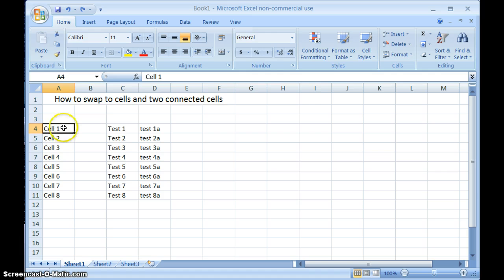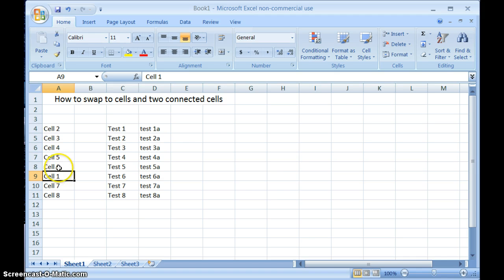The first thing you need to do is just click on whatever cell you want to exchange, and then you're going to line up at the bottom and hit shift. Click with the left click button, and then you can drag it to where you want. So if we're going to switch it with cell 6, what I do is I drag this below cell 6, I let go with my left